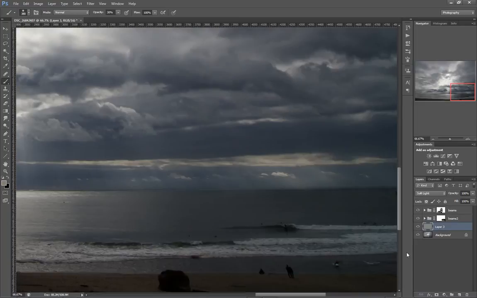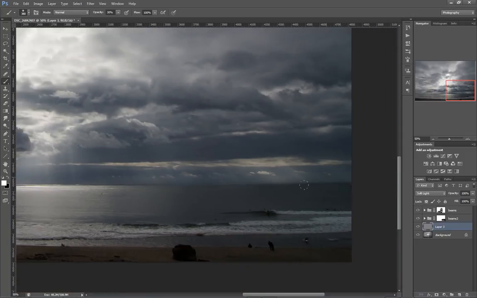But the cool thing about soft light is that anything that appears on the soft light layer that's brighter than middle gray brightens the pixels on the layer beneath it, and anything that's darker than middle gray darkens the pixels beneath it. So you can see if I use a black brush and I paint on this soft light layer, it darkens everything below it. And conversely, if I use a white brush and I paint on the layer, well, it brightens everything below it. Pretty cool. So I'm going to use a low opacity brush, like 30%,